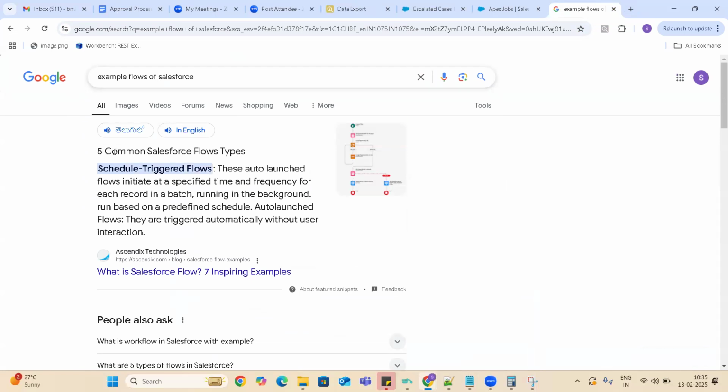Five common Salesforce flow types, seven examples.